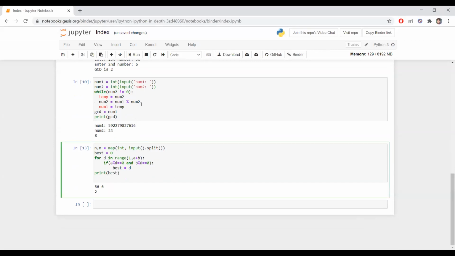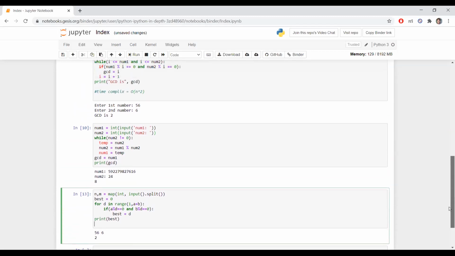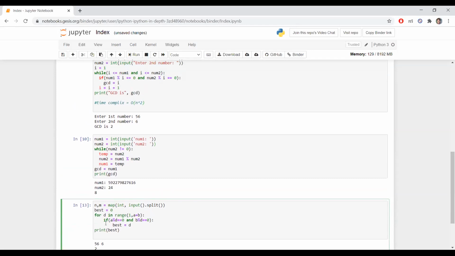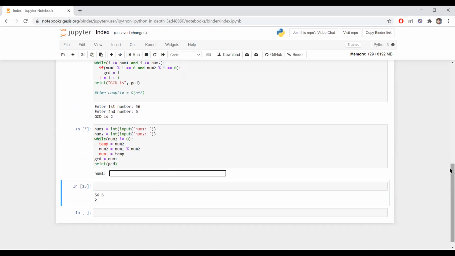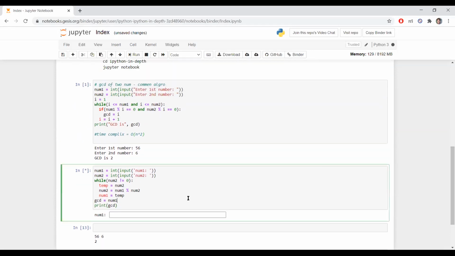We see here these are two similar algorithms that have a time complexity of n. Time complexity of n.